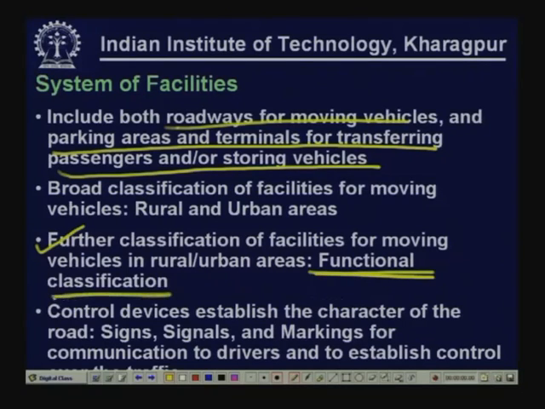That is again an important aspect. Not all roadways, even in an urban area or in a rural area, serve the same purpose. Two aspects are important. A road may serve the purpose of providing access, and it may also serve for through traffic movement. That means faster movement of long distance traffic. So, often these two aspects are important.